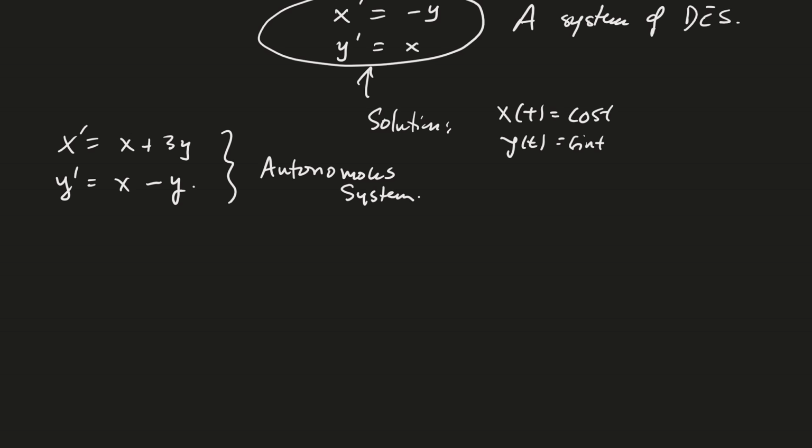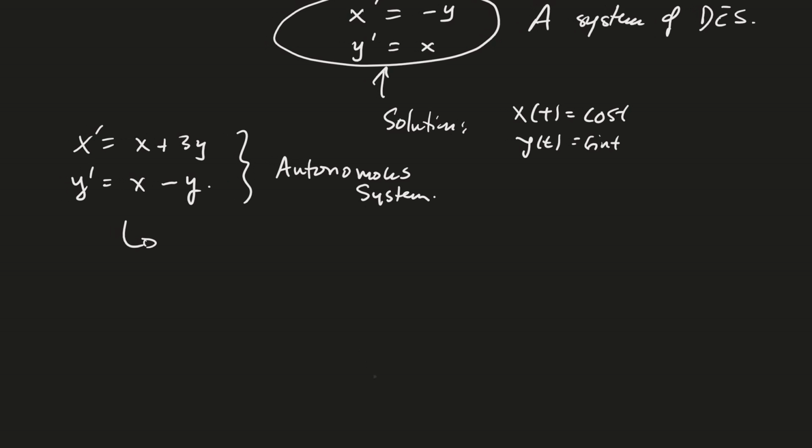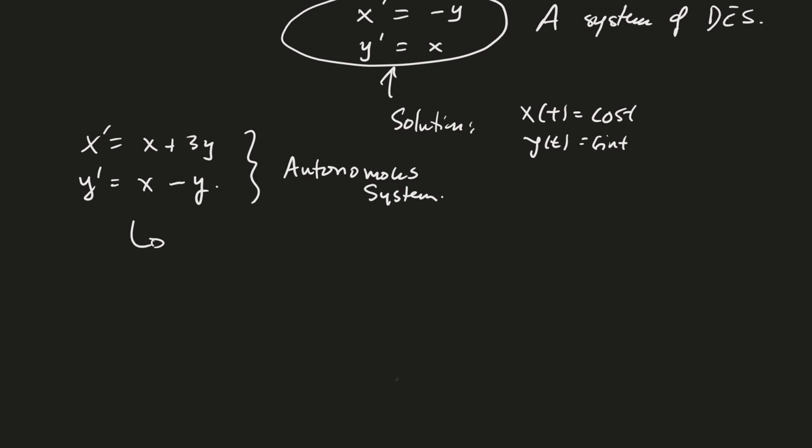What I'm thinking about is I think I can, because I have a system of two equations and two unknowns, I think I'm going to be able to rewrite this as a second order differential equation. And the way I'm going to do that is I can take one equation, the first equation, and I could solve,